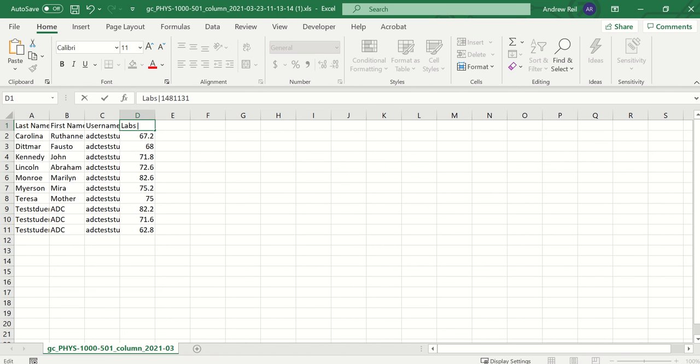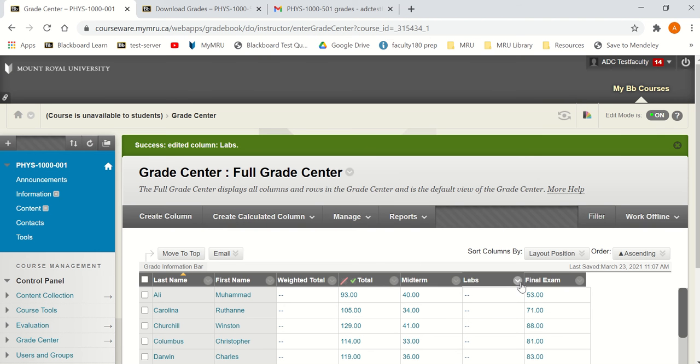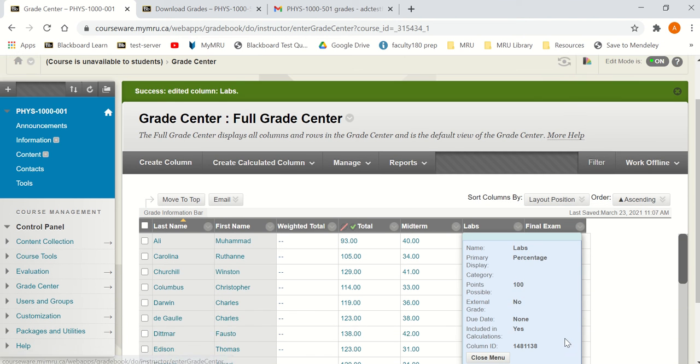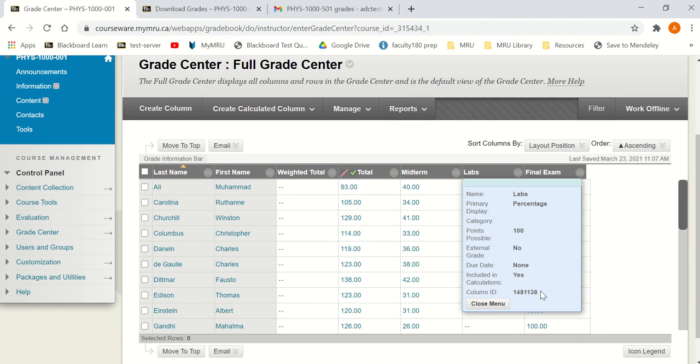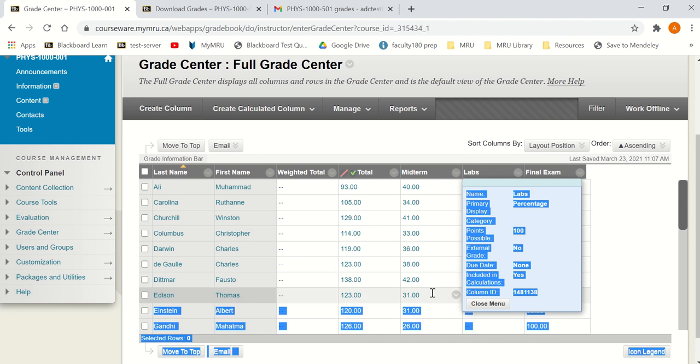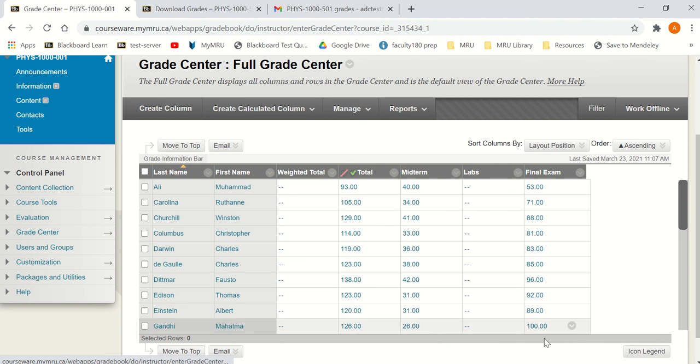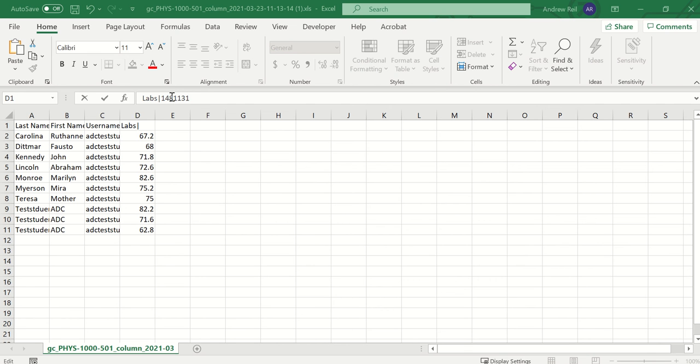And where I get that is if I click the down arrow beside labs and I go edit column information. Now I could either remember this number or I could copy it. Copying it is a little tricky because as soon as I let go of the mouse, it'll disappear. But if you select just the number, not the column ID, just the number, and go Control C, that will copy it. And then back in here, if I get rid of the old ID number and paste it, and then save this,